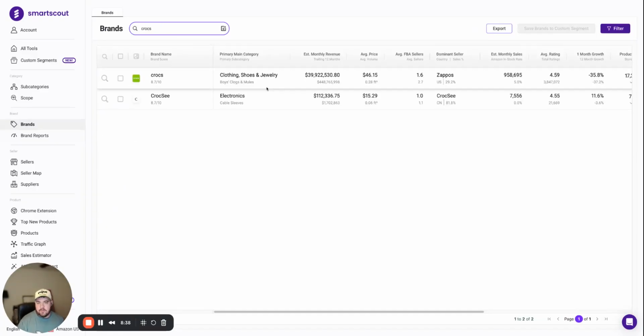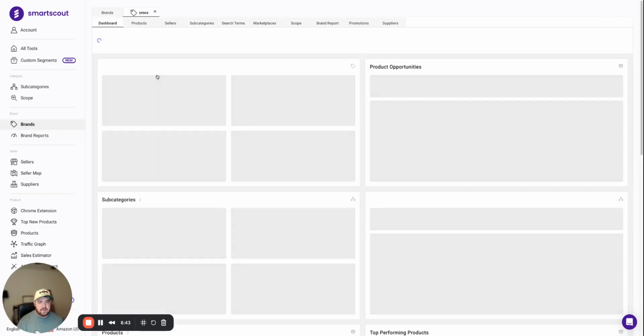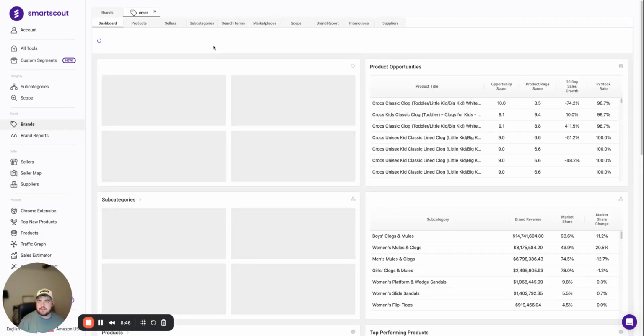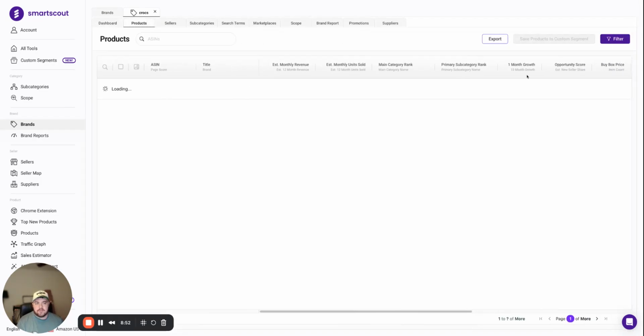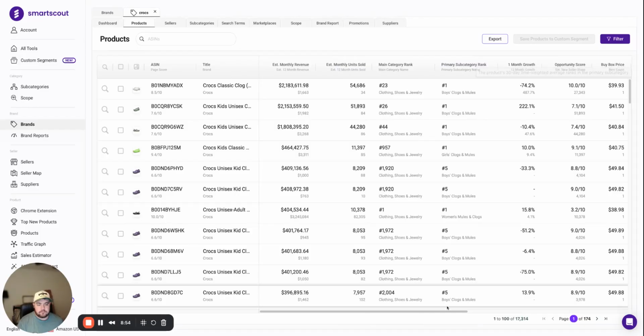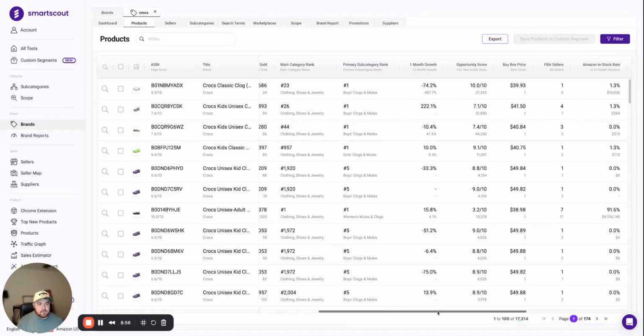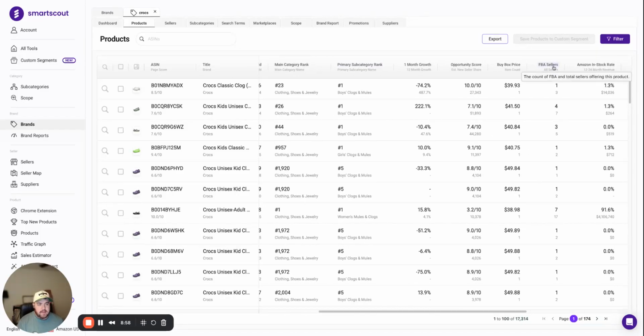And we'll scroll over a little bit, press on the FBA sellers twice to sort by high to low, and bam, look at this. You probably got more than 50 ASINs right here that have more than 10 sellers. And so instead of wasting your time just manually sourcing a sale on crocs.com and trying to figure out if it's worth your time, you can just look here at the number of sellers and then look at